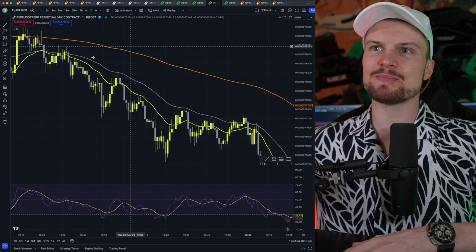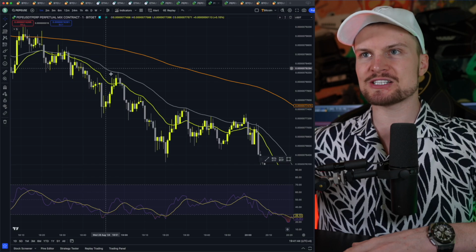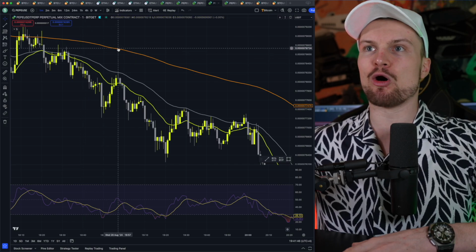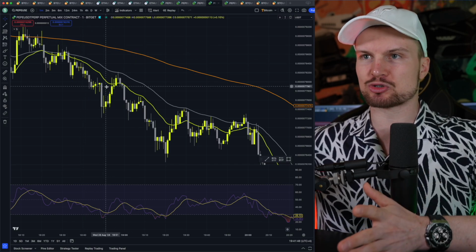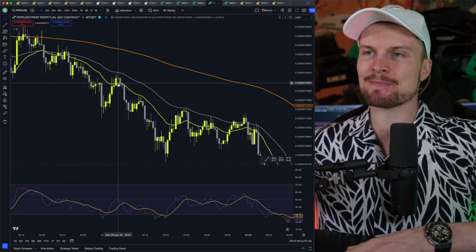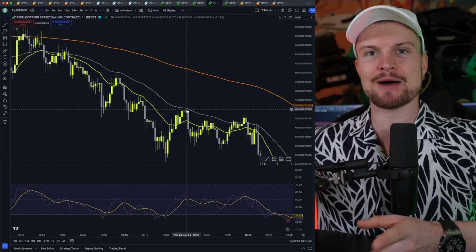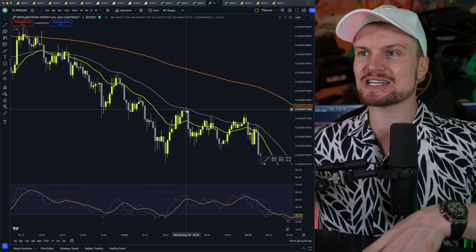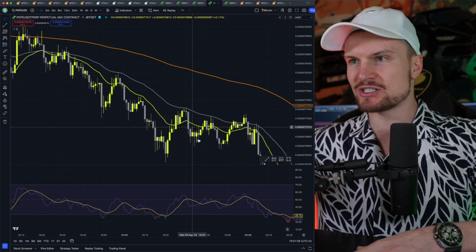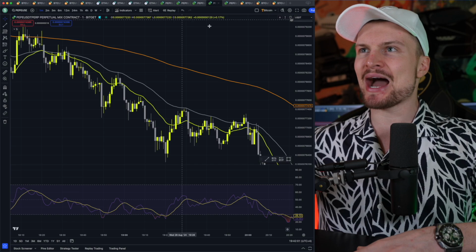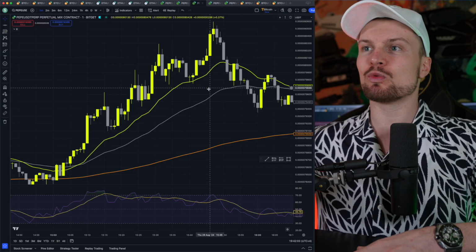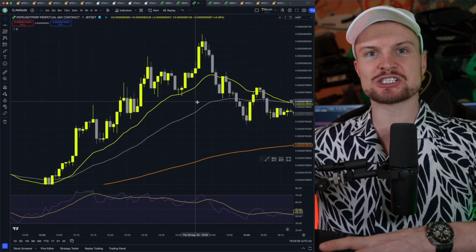So for example, we can see here 21 is below, 50 is above, 200 is on top. They are all spread open, which means strong downtrend. And you can see every single time when we get to the 21 EMA or the 50, this is a pullback area where most likely in a strong trend, the price will pull back to and continue, as you can see right here. And there are actually 4 setups that you can trade to use to your advantage with the